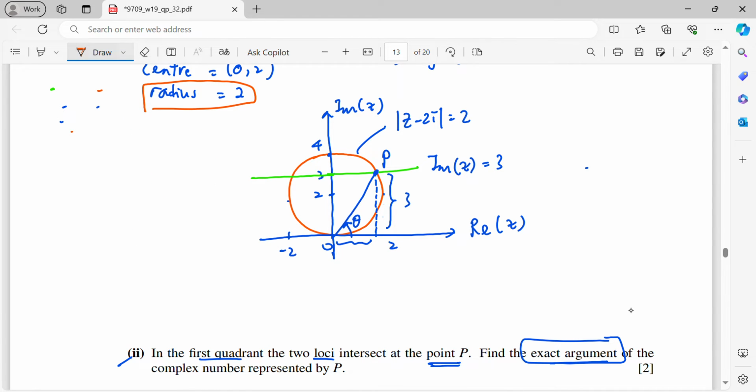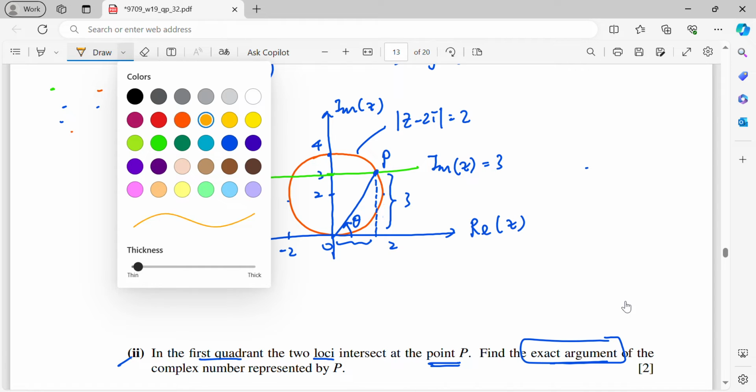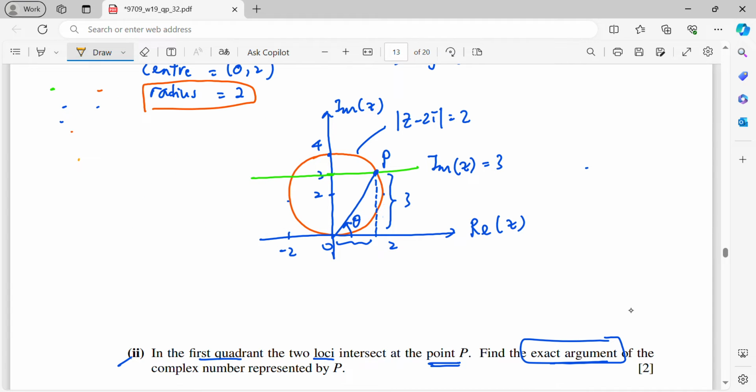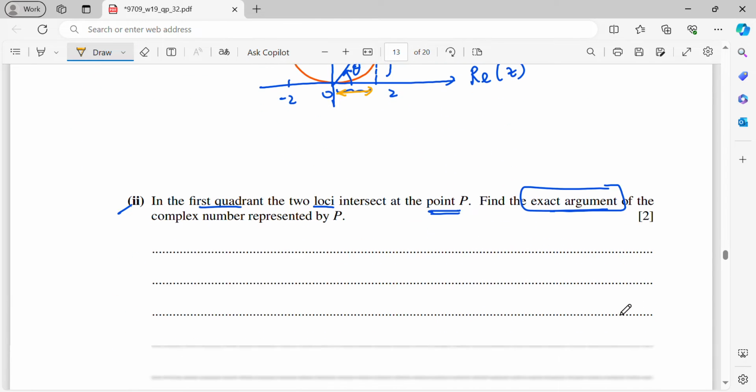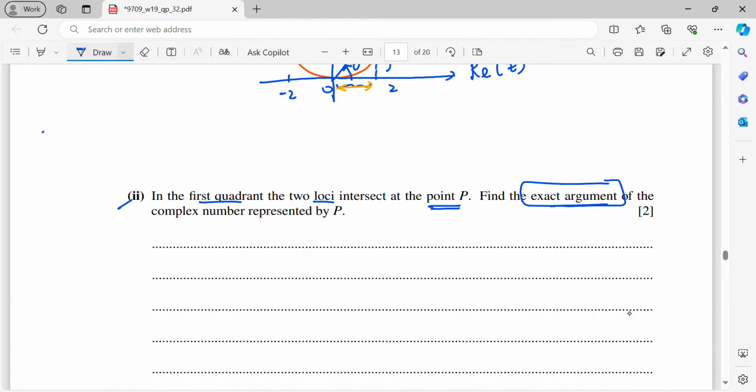Alright, that means here is 2. Okay, then I need to know what this length is. So it is the same as the horizontal distance over here. Then I know that this is 1. Okay, and here is 90 degrees. So by using this triangle, I will just write here